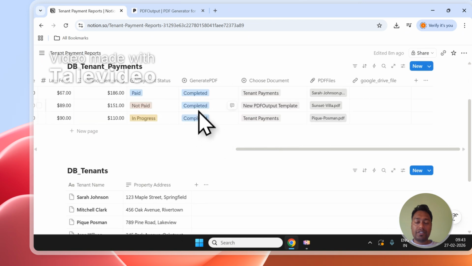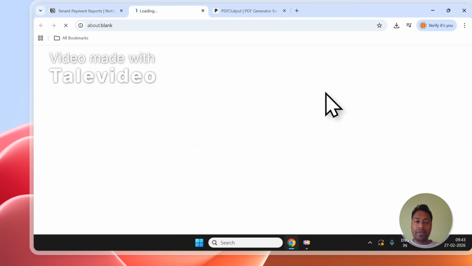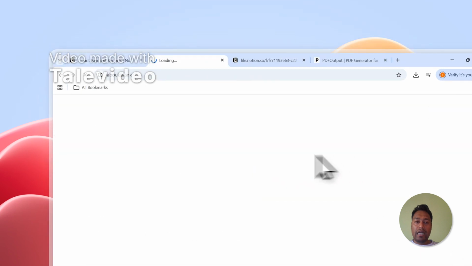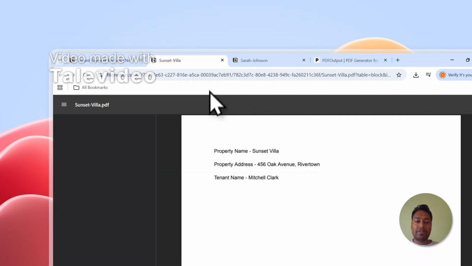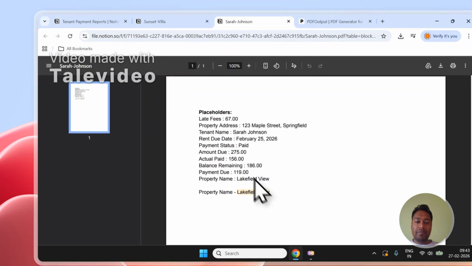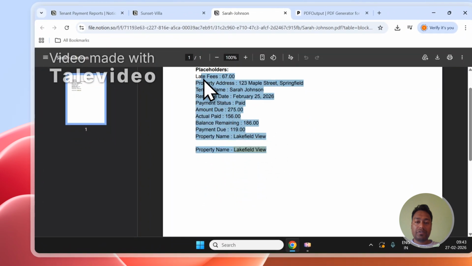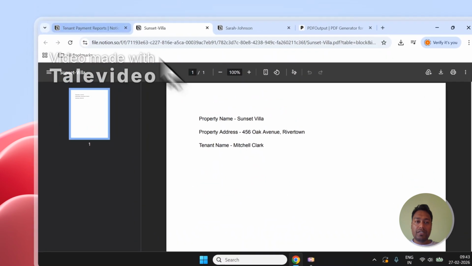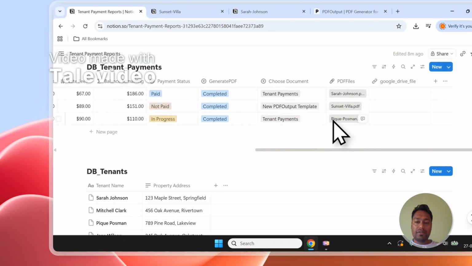So you can see it has started processing the templates, and now if I open up the document, I will be able to see the different templates that were added as per different requirements. So this is the first template, and this is another template which we had at the beginning. Okay, so it just processed two PDFs with two different templates on the same database. Okay, that is the beauty of